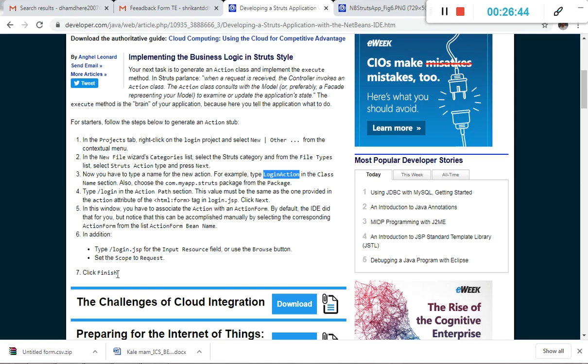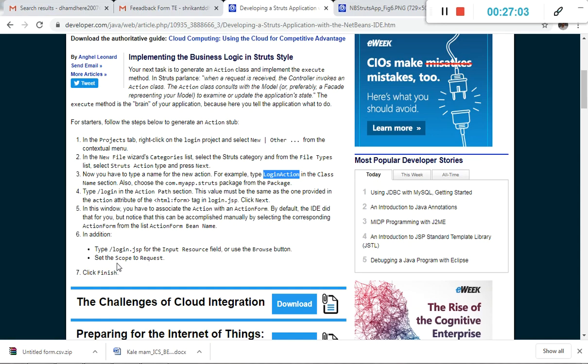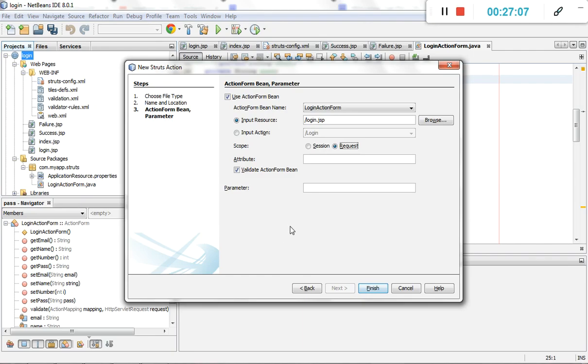Then the input resource field as login.jsp. Okay, then set the scope to request, right? Set the scope to request and click on Finish.